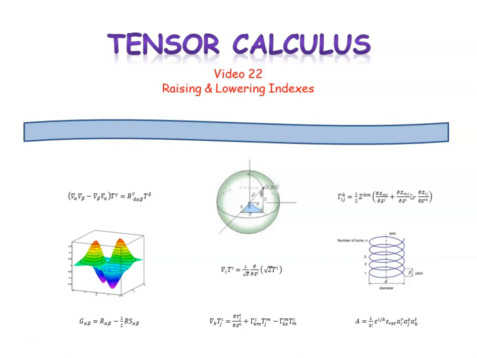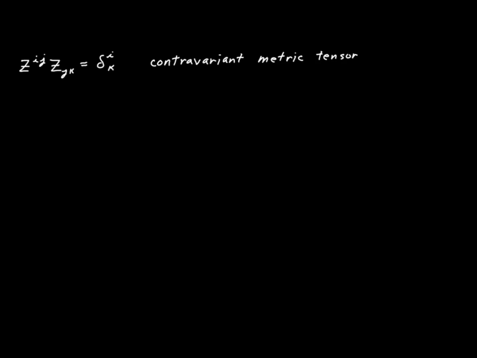This is video 22 in our series on tensor calculus. In this video, we're going to build on what we've learned about contraction and develop a technique known as raising and lowering indexes. Back in video 17, we used this expression to define our contravariant metric tensor as the matrix